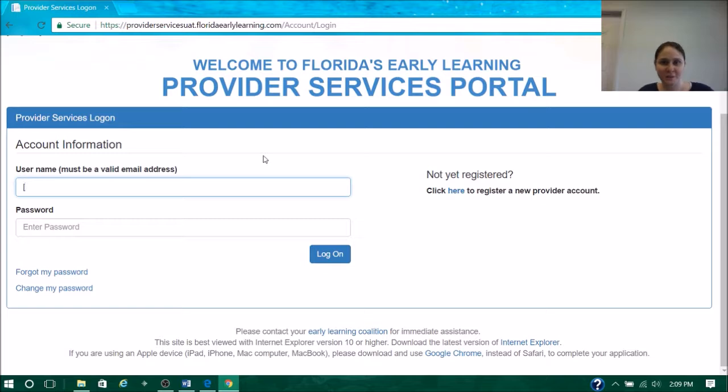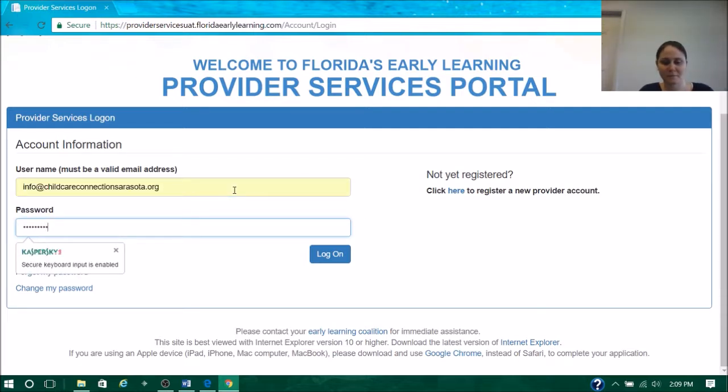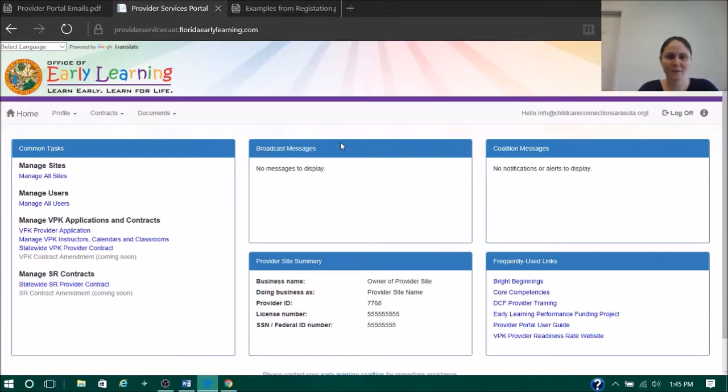After the coalition activates your account, you'll return here to the login screen and enter your email and password. After you log in with your email and your password, you will see your dashboard. This is where you will find all the functions that you're going to need to create your profile, add other